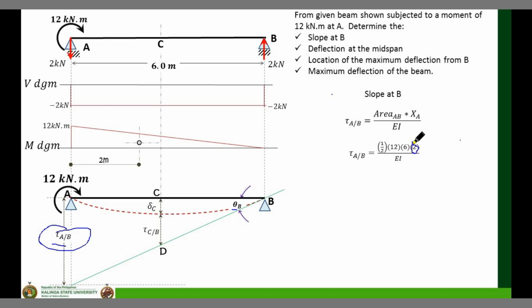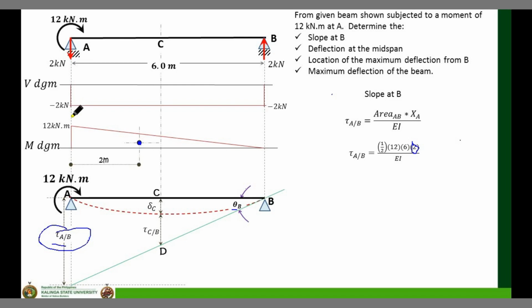This 2 is your XA. Again, going back to Theorem 1, XA is the distance from point A to the centroid of the moment diagram. Since the shape of the moment diagram is a triangle, the centroid of the triangle is this point. And from your geometry, the centroid of a triangle is equal to